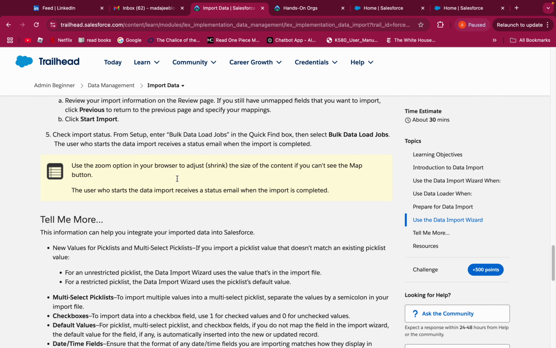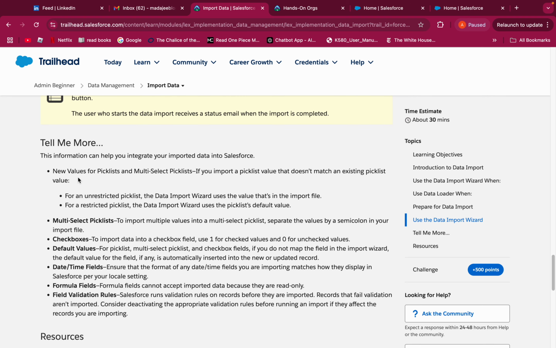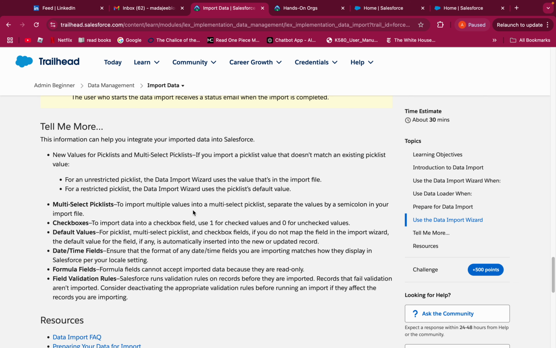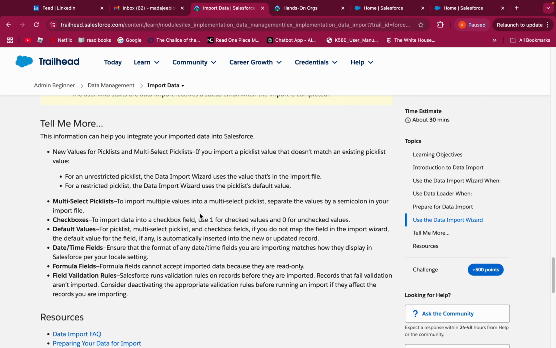And if we read about it, there are new values from pick lists and multi-select pick lists. If you want to import a pick list value that doesn't match an existing pick list, or you need to format pick list data in certain ways so that it gets imported properly, which you can try a few times,